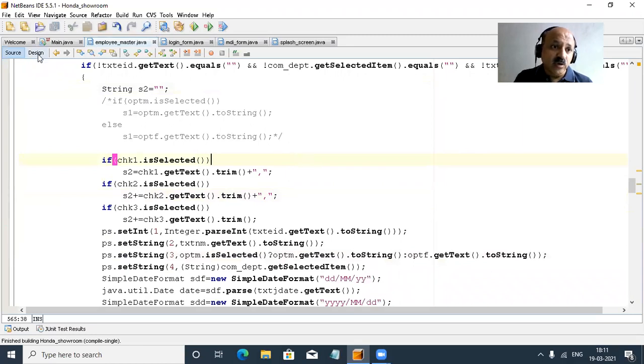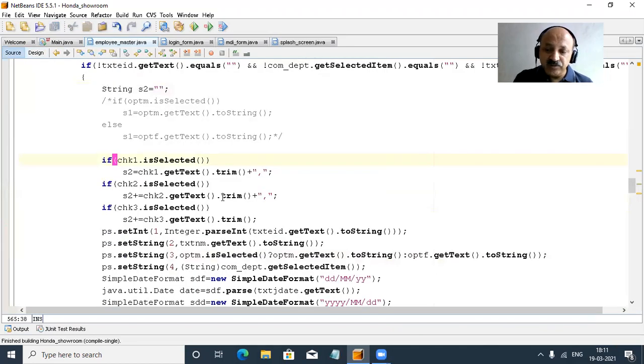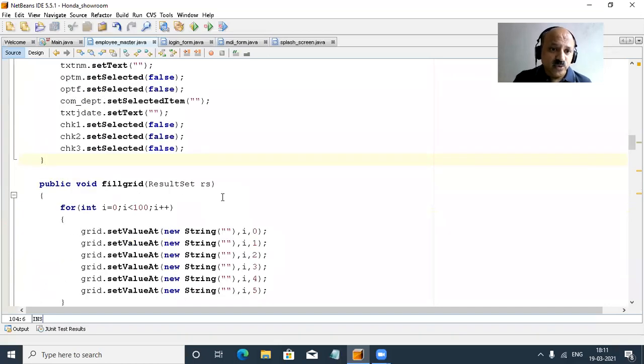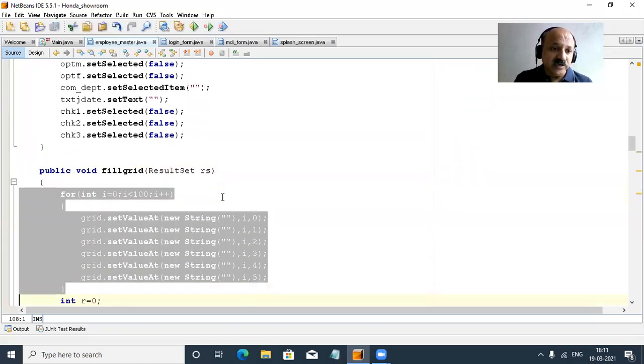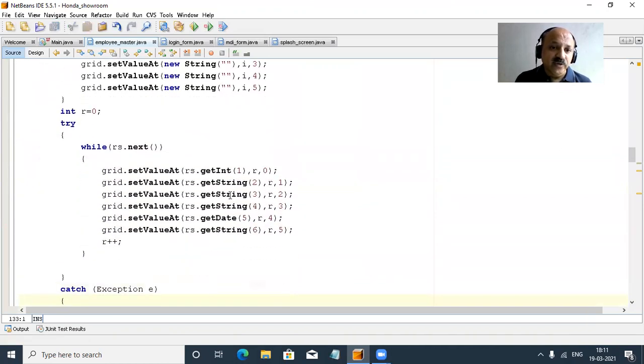And yes, in my previous video lectures you can watch how to fill the grid or JTable. So I take one fill grid method. I will just show you. We can pass a result set as an argument. So you can look here. First, that is the fill grid and RS we have to pass, and first it clears all the records, and then in a try catch block we can fill the records. Yes, that is very perfect. And we can fetch all records.